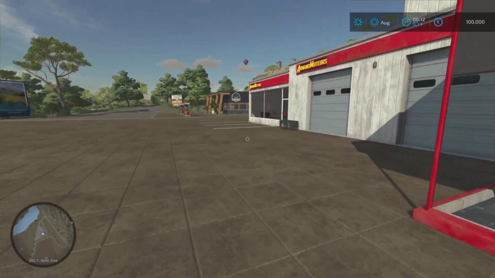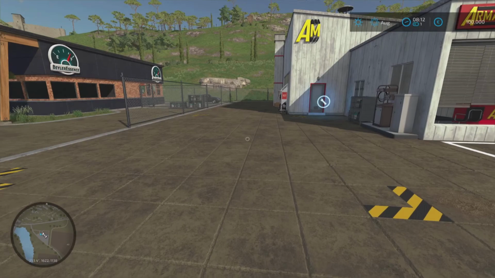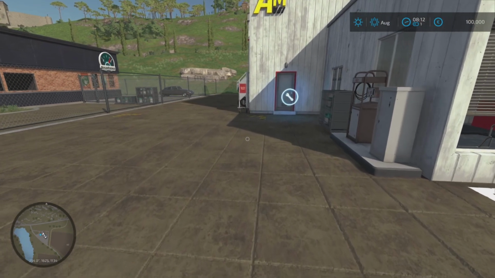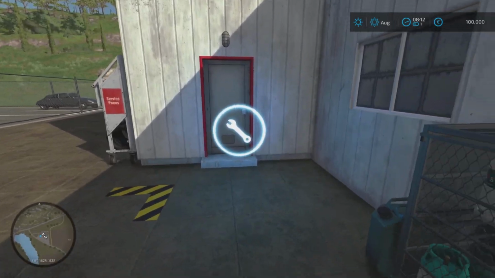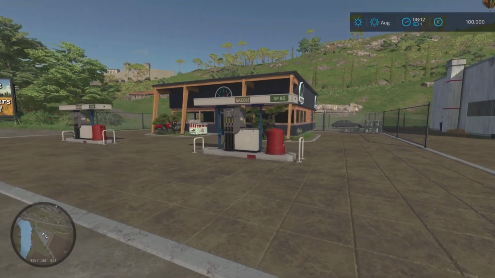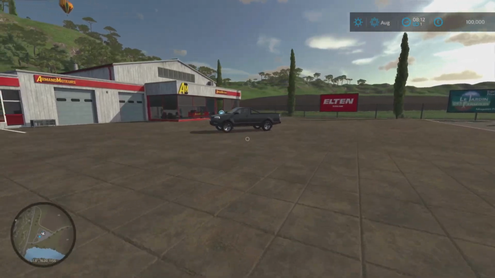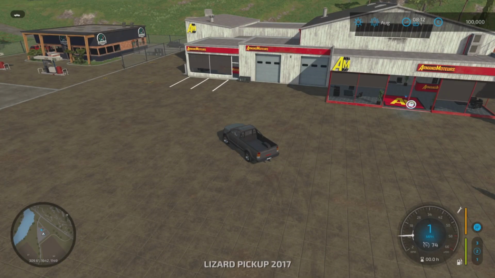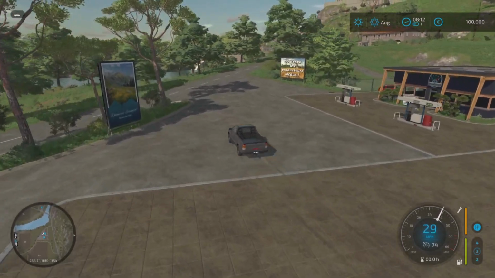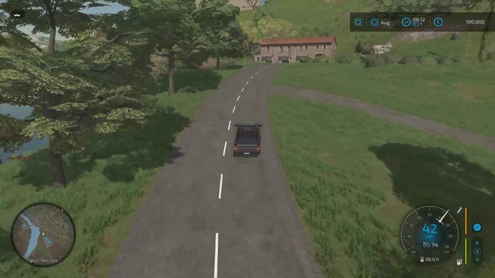Pretty cool. Down the side, we've got our workshop trigger. So you pull into here for your customization, repair, selling and repainting, and that is your symbol to activate it. Next door even, we've got a fuel point, so a fuel station like so. Then we're going to come out of here